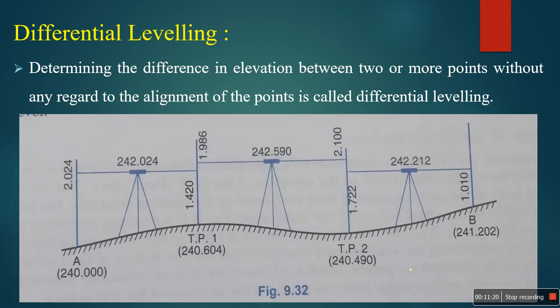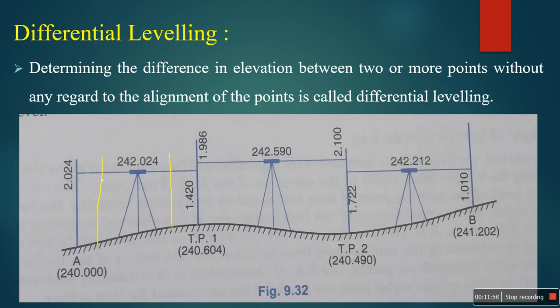So this is one picture of our differential leveling. Here they have taken staff readings very near, so that's why they have taken the staff station readings. In some cases they take some more staff stations in between these two staff readings. They may or may not, depending upon the distance from the starting point A to the B point. But here they are not measured.